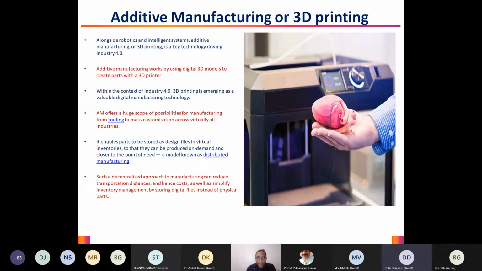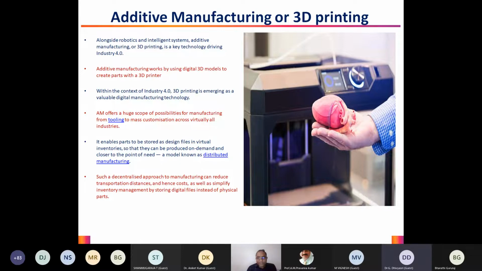I was talking about a specific point where, in a system, if I want to keep these components ready, instead of having them always in stock, we can create images of these files. Basically, these components will be created as a virtual file, so we call them virtual inventories, right? A design file is stored and fed into a 3D printer, and only on a need basis, as and when it is required, we can run the 3D printing, so that in no time we are able to have the parts of a larger system kept ready, right?